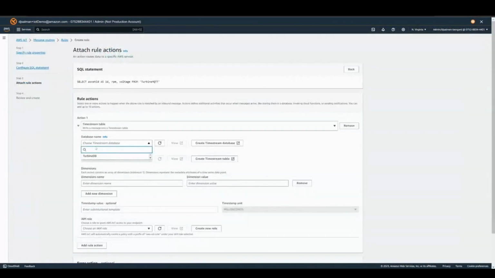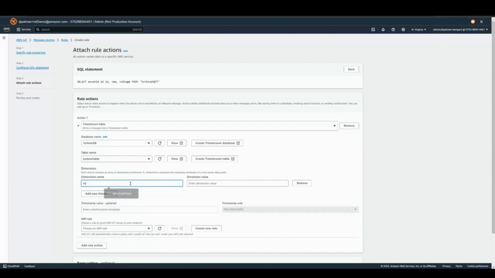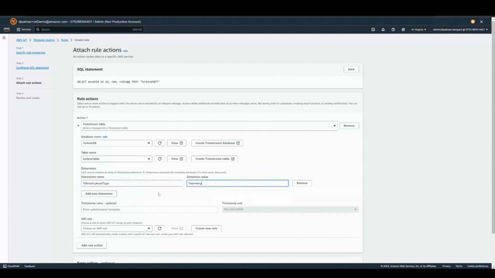So we'll go here, and there we have turbine database, which is what we just created, and we'll have our turbineTable, which we also just created. And here are the dimensions that we want to include. These are metadata attributes that are time series data points. So it's not particularly important here, but let's just create one called telemetry asset type, and we'll call it telemetry,